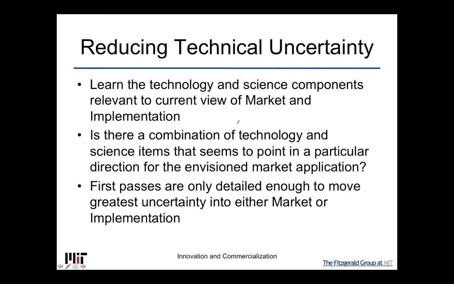So we'll learn the technology and science that are involved, but this would be at a stage like, suppose I'm thinking about a research project that might need to be done because it could unleash a lot of market applications, but